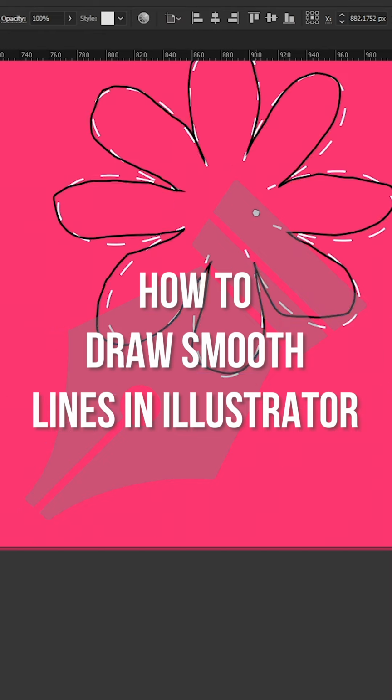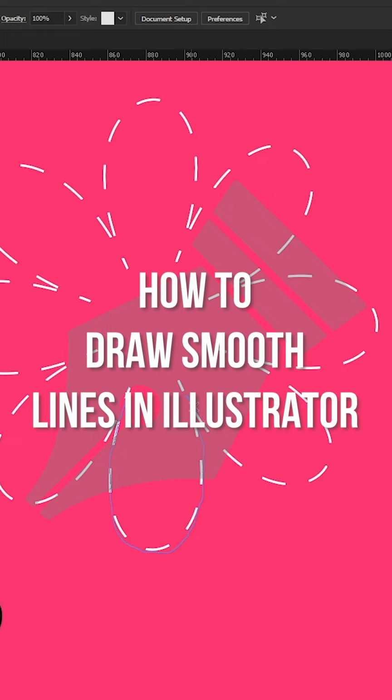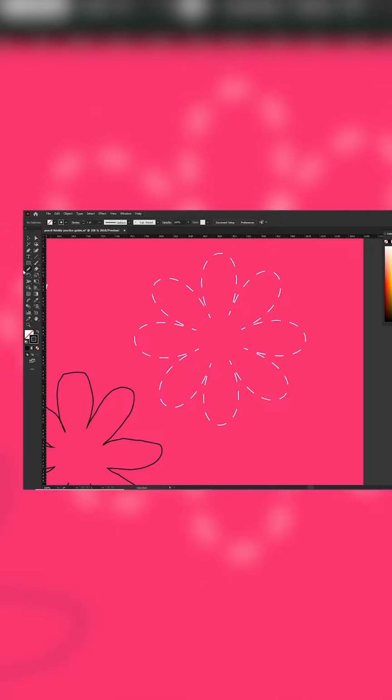Trying to get smooth lines in Adobe Illustrator, or do you draw with a keyboard and mouse? Well, today I'm going to teach you about pencil fidelity and why you should use it. When using the pencil tool, it could be tough to get smooth lines, so we need to check our pencil